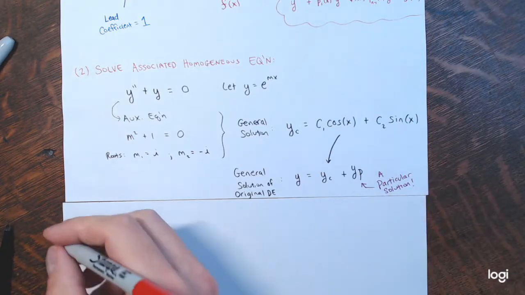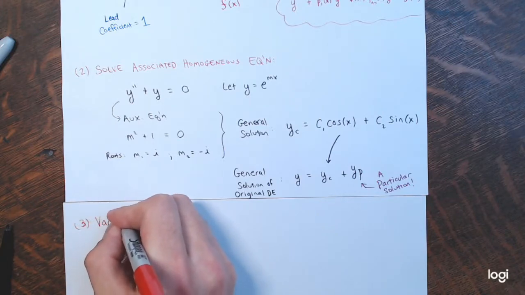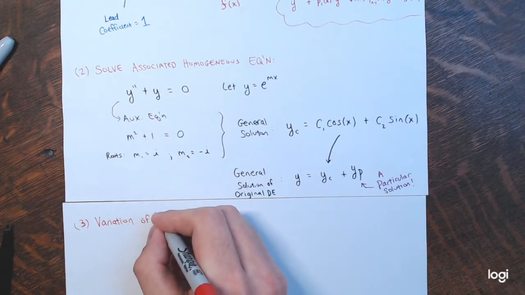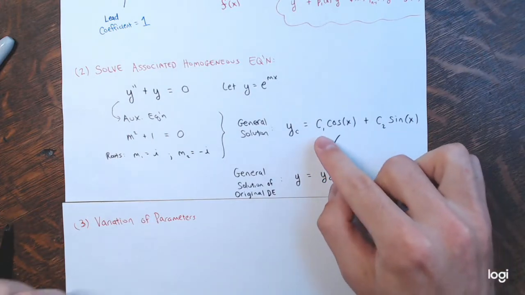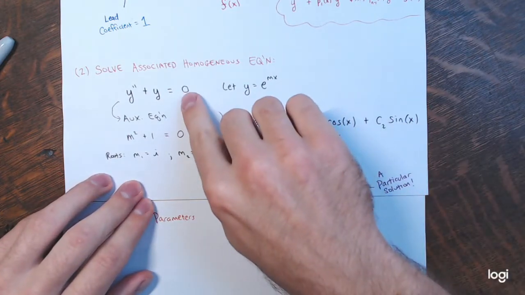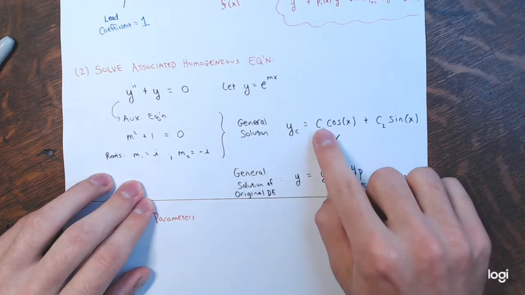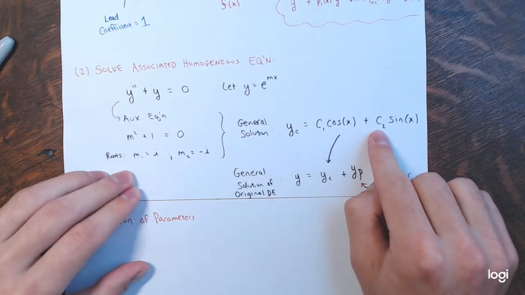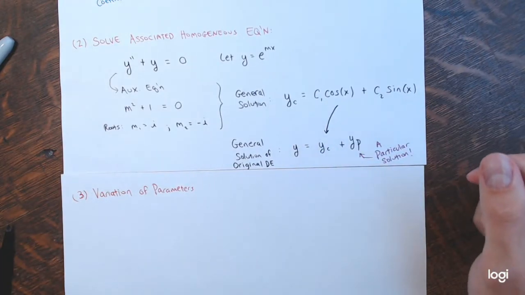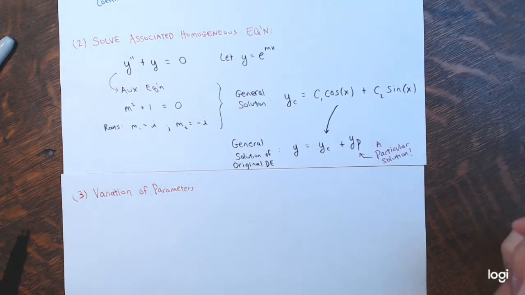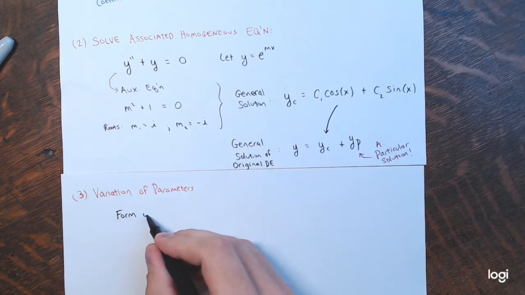So part 3. Vary the parameters, variation of parameters. And what does that mean? Well, in the solution of the homogeneous equation that corresponds to this, you have two parameters, right? c1 and c2. Those are constants. Well, rather than having them be constant, let's have them vary with x, be functions of x. So the form of the particular solution,